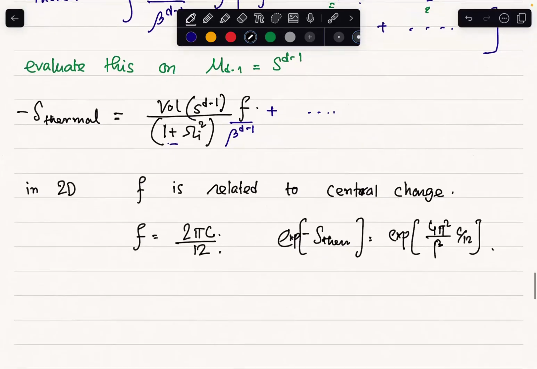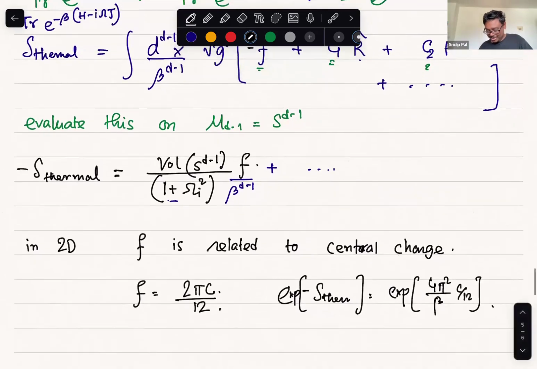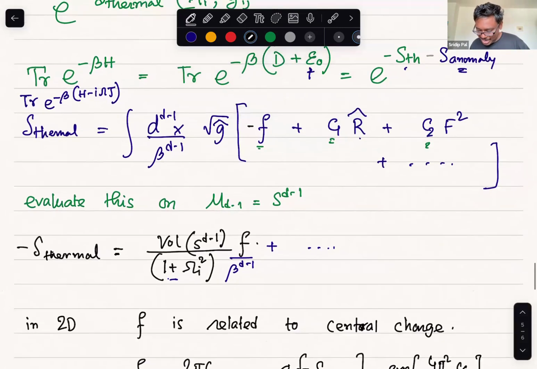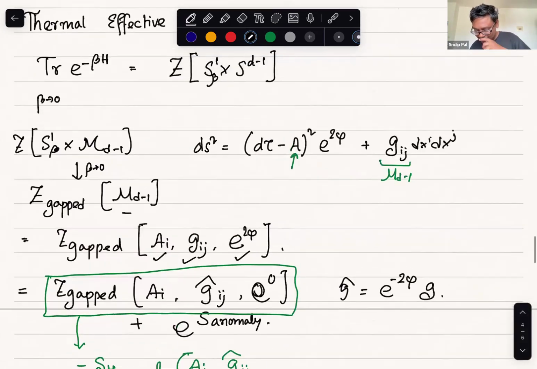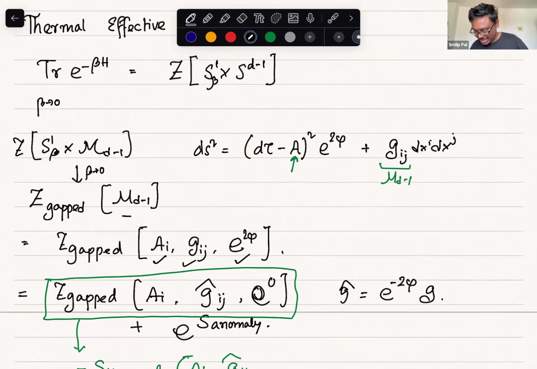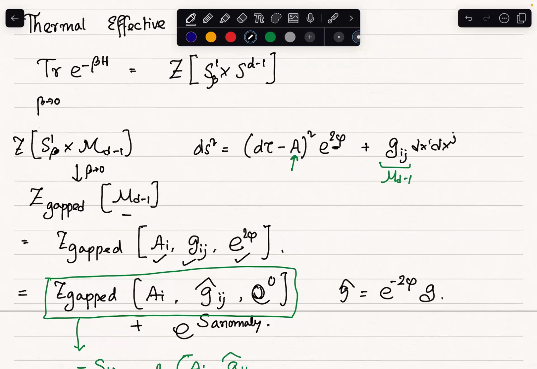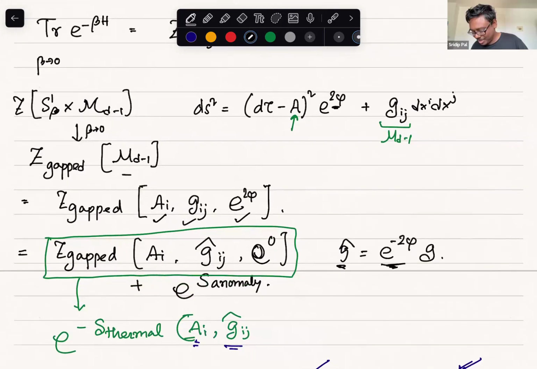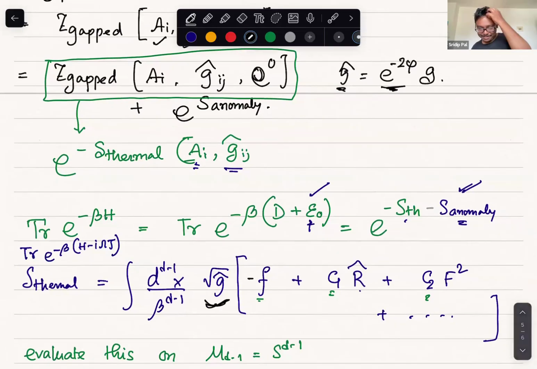Sridip, is it easy to see why you get the 1 by 1 plus omega square? Yes, it comes from the fact that if you write down this metric in the Kaluza-Klein form, there will be this e to the power 2 phi, which actually depends on the omega. And then you define this g hat. So there is a 1 over 1 plus omega square dependence. Oh, I see. So it just comes from this.